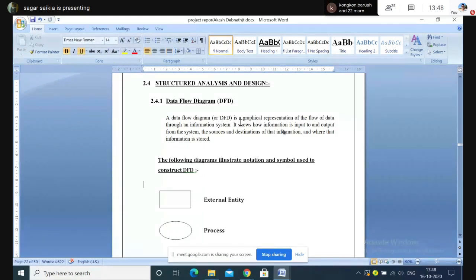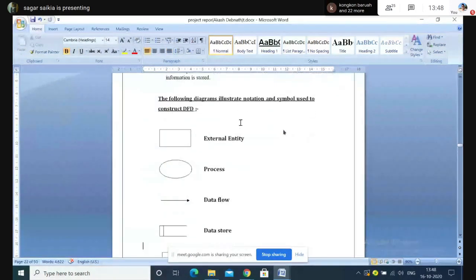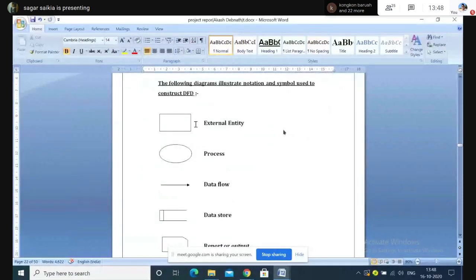Okay, so these are certain notations that you need to know in a data flow diagram, like the external entity first. So what is an external entity? It is the person or entity involved who will be handling the system, or you can say who will be interacting with the system.